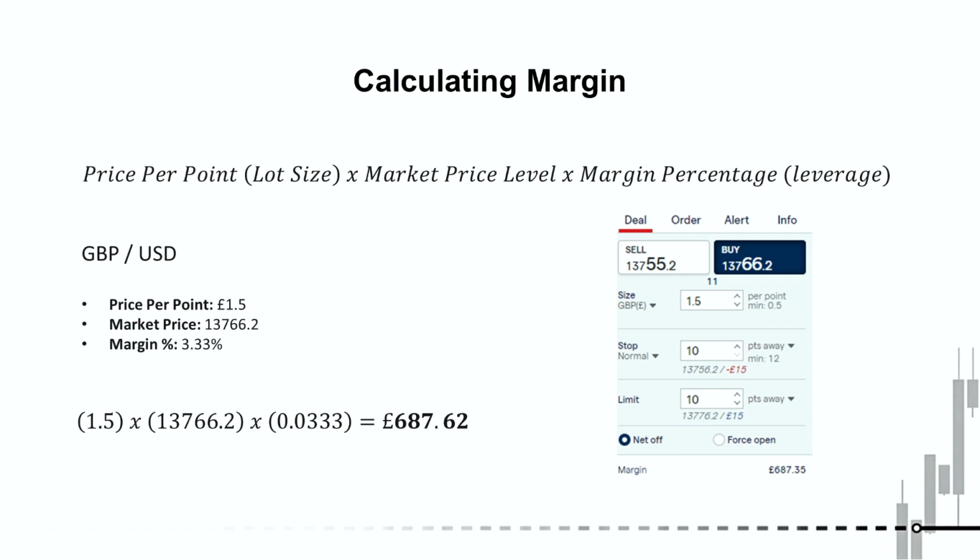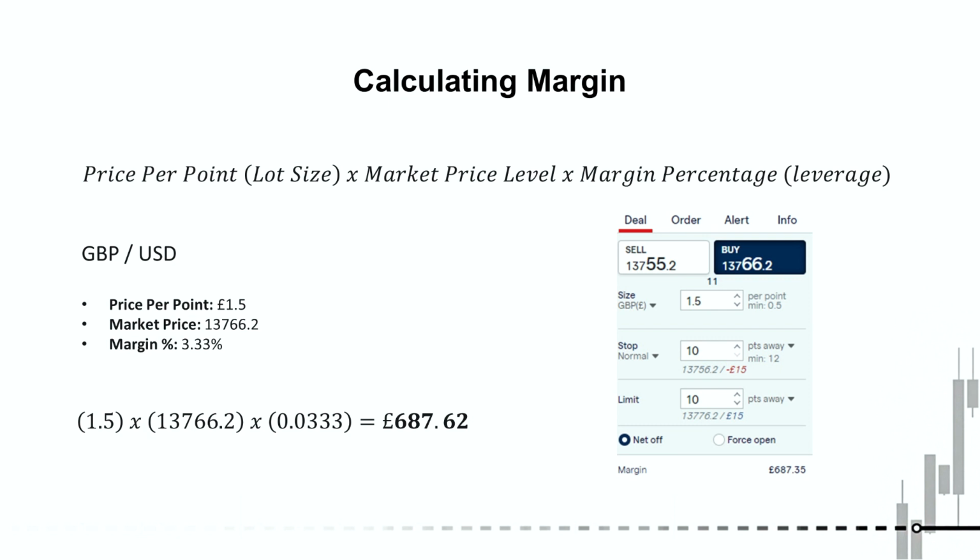And I've set a few parameters here. So my price per point is 1.5, so £1.50. Just put a simple stop of 10 points, a simple limit of 10 points. So what we're doing here to work out the margin, which you hopefully can see in the bottom corner, is